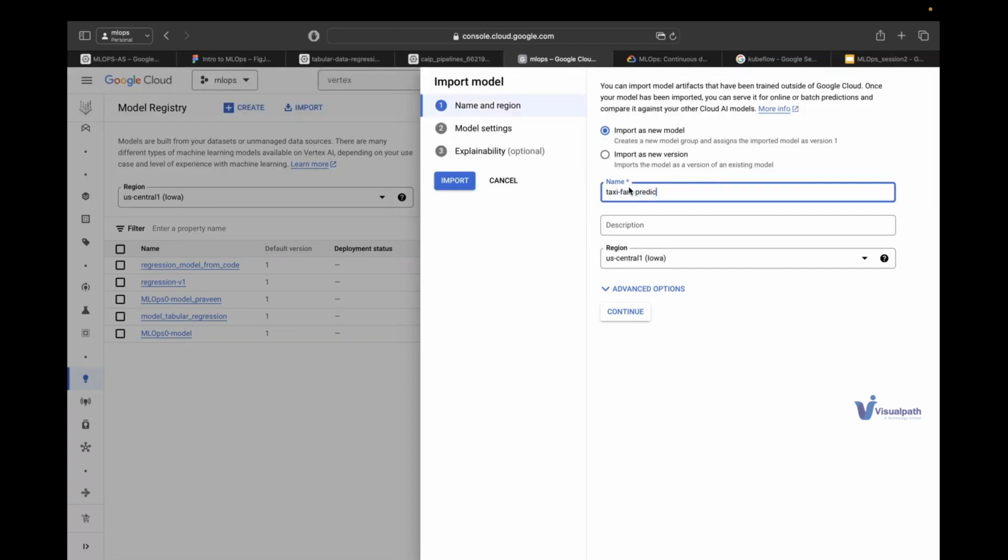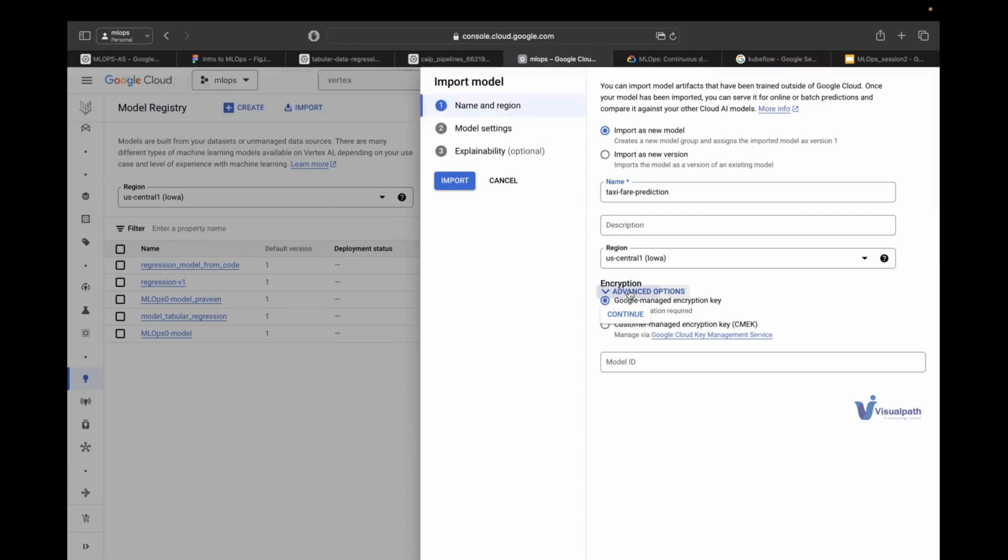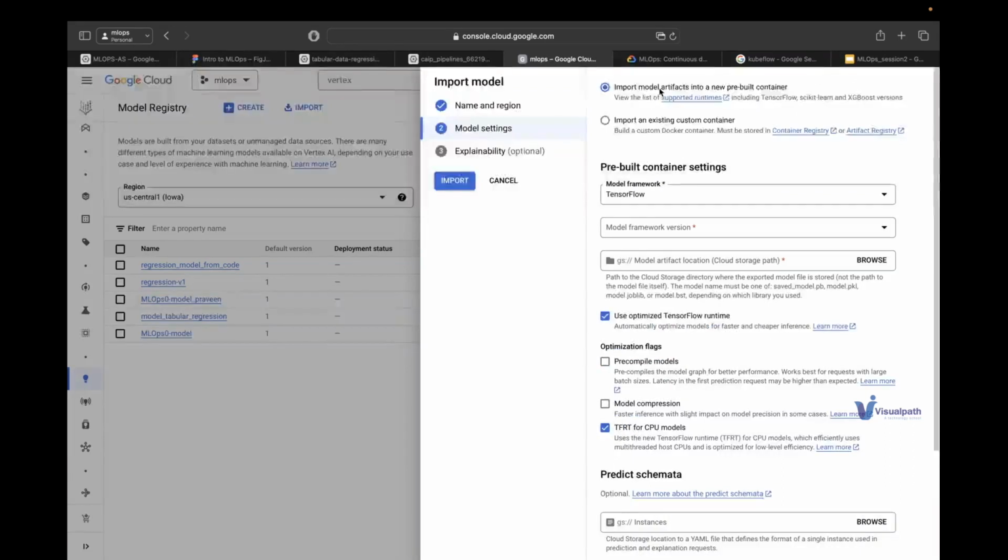Okay, this is our new model which we are importing, and then we'll go look at the advanced options. If you have any other existing model ID that you want to keep, you can give that. So now here comes the metadata. Once you have the model, okay,